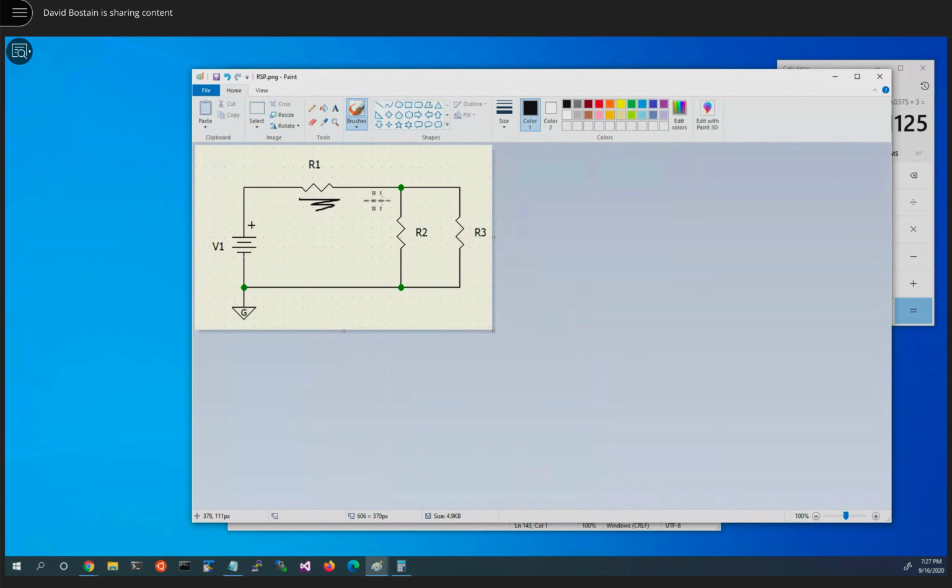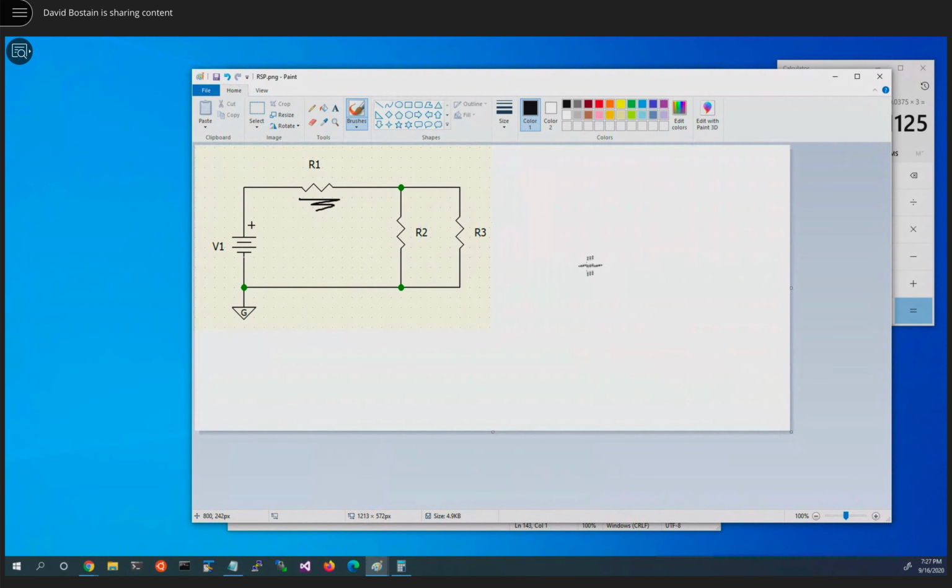So we could think of this as being in series with those two in parallel. So we could actually kind of redraw this circuit with a battery going into a resistor, going into another resistor,